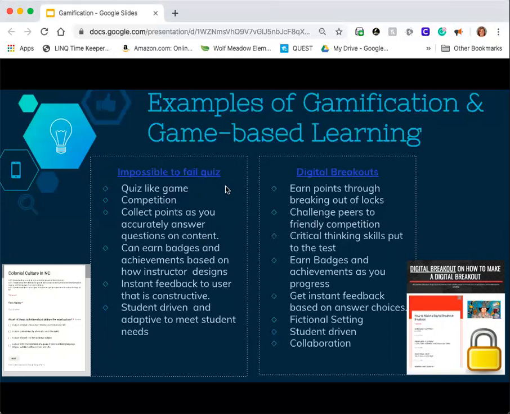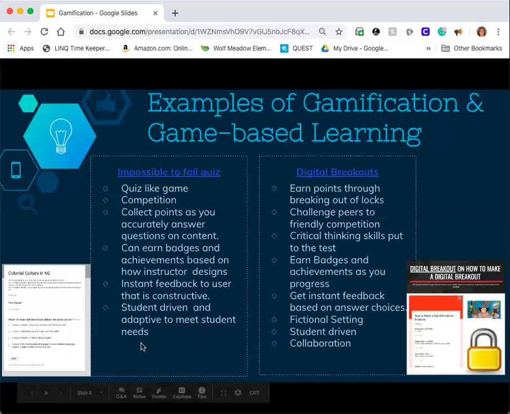An impossible to fail quiz is a quiz-like game that can be competition. It collects points as you accurately answer questions. You can earn badges and achievements based on how the instructor designs it. There's instant feedback to the user that is constructive. It is student-driven and adaptive to meet the student's needs. The way an impossible to fail quiz works is